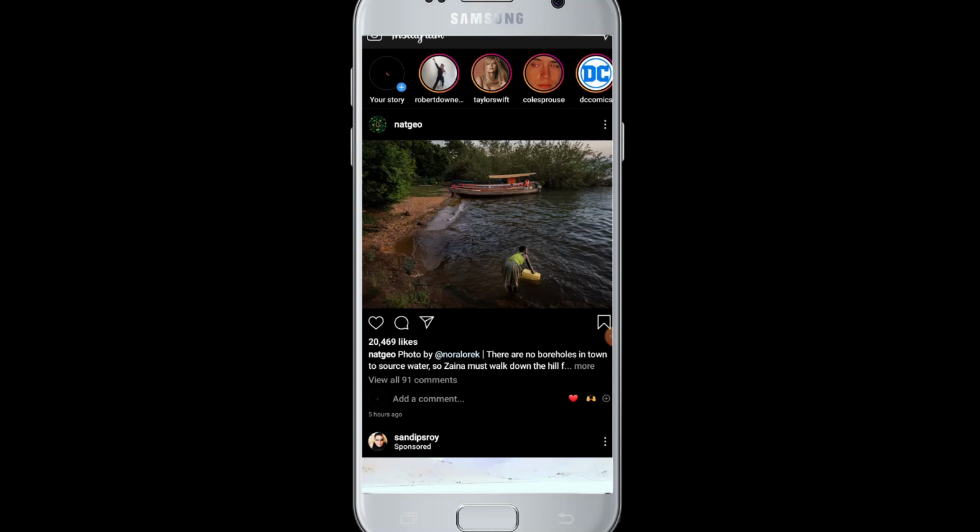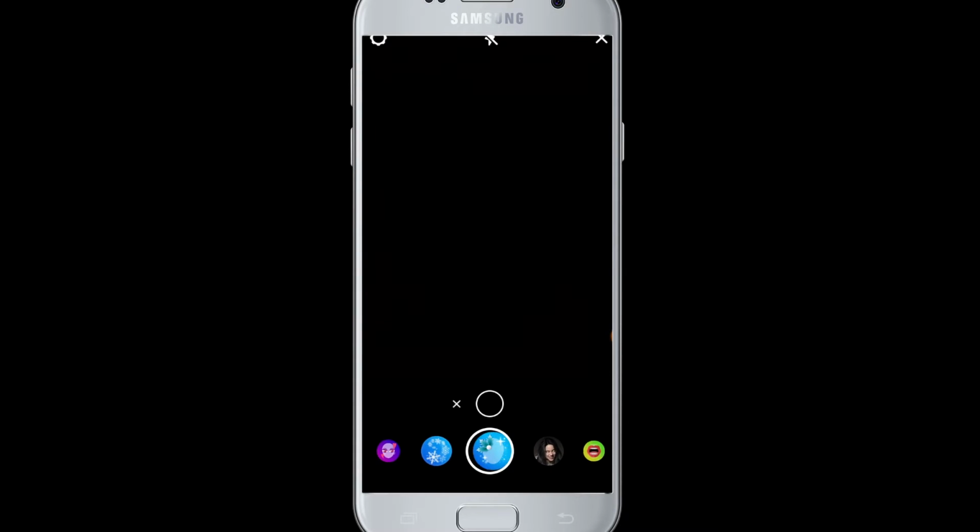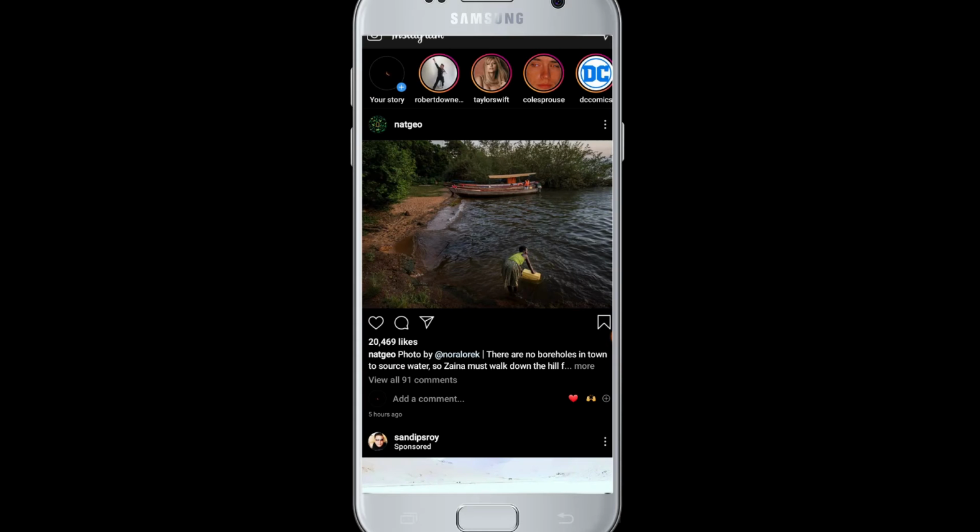To browse hidden Instagram filters. You can see when you create a story, you can use different kinds of filters that Instagram provides to you to make your stories look better. So, if you want to explore more filters on Instagram to make your story look even better, that you